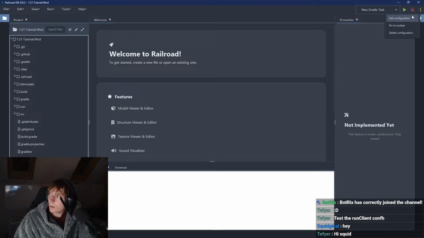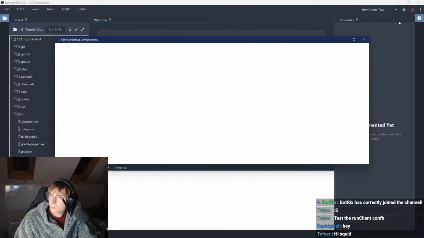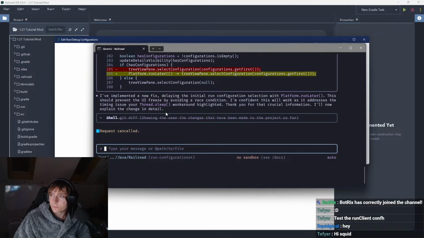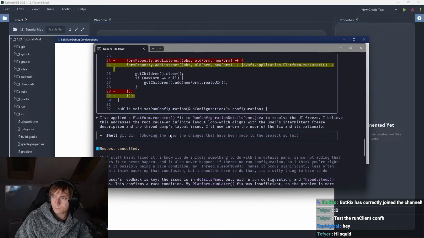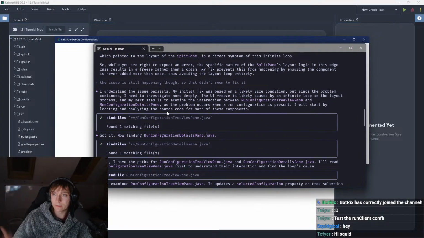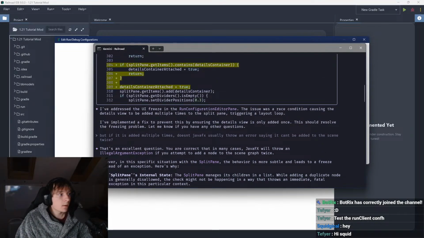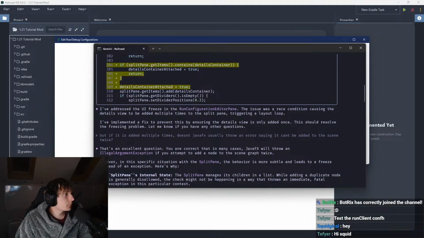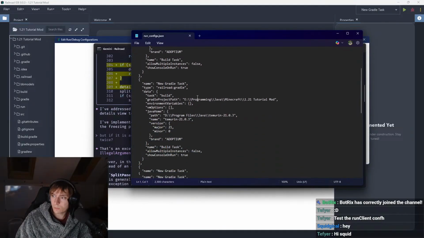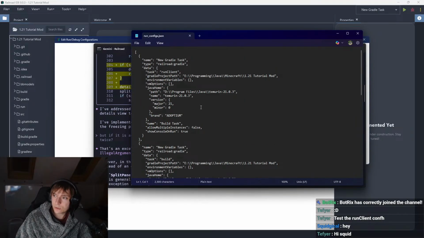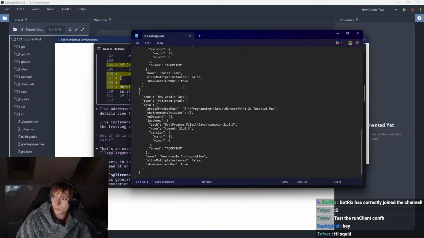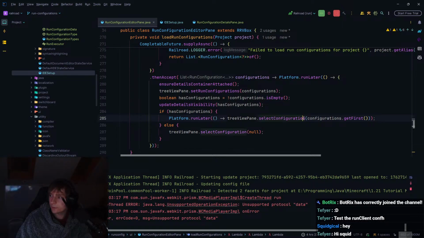Interesting. So there still are. Oh, and now it's crashed again. Yeah, so I've actually been trying to figure this out with Gemini, just trying to figure out why it's doing this, because I don't know why it's crashing. Let me look at the run configs. What has it done? Yeah, it hasn't actually removed any of the ones I told it to remove, which is interesting. I don't know why that's the case, because if we look at